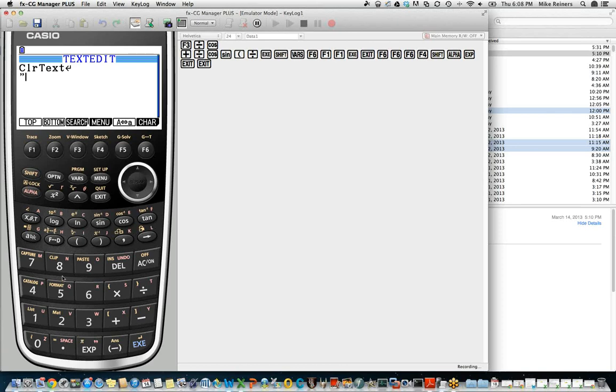And we're going to say something like, this program will allow you to type text. You can modify this message if you want it to say something else, that's fine. But we just want to give the user some message about what the program does. So we'll type the capital T. Oh, but you notice when I exited out of those menus, I also exited out of Alpha Lock.